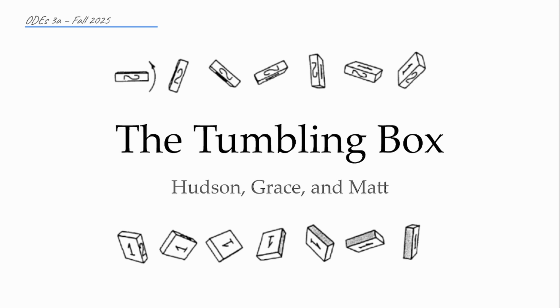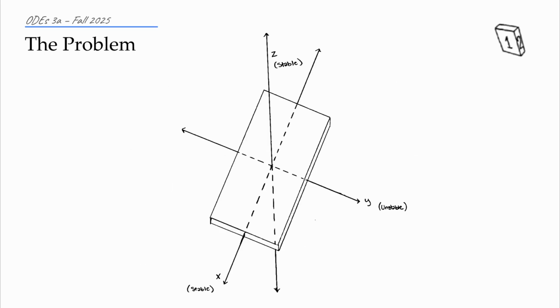This is our final Math 241 research article presentation. The Tumbling Box, inspired by Professor Susan Jane Colley's paper, The Tumbling Box, published in the American Mathematical Monthly in January of 1987. The problem that we will be investigating is the behavior of a book-shaped object when spun about